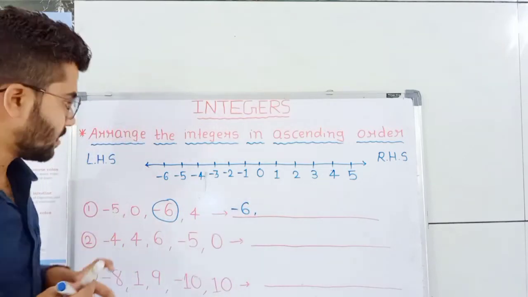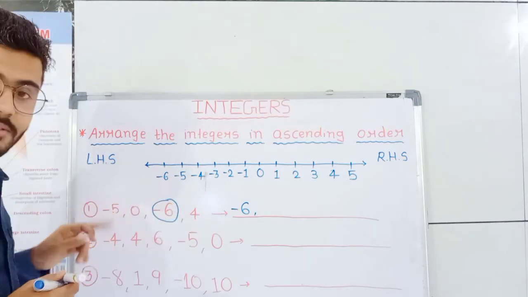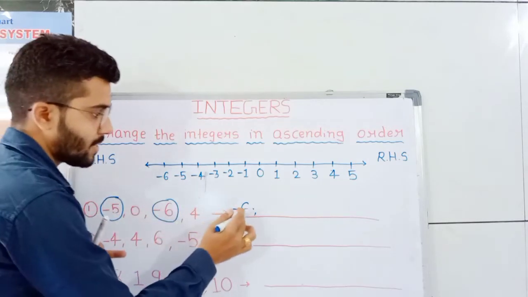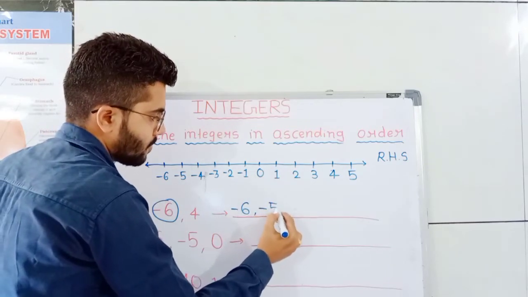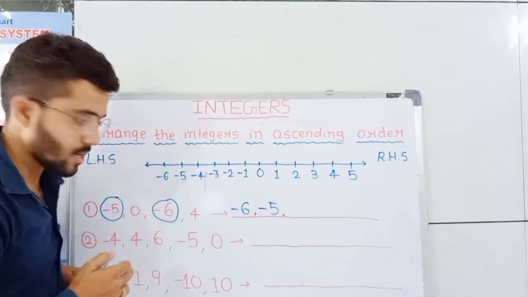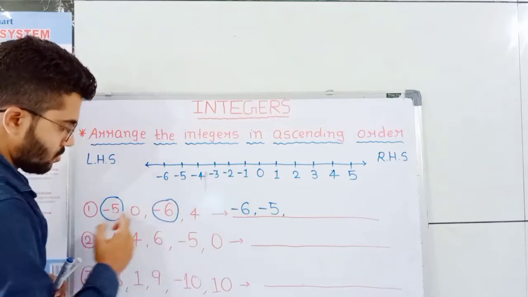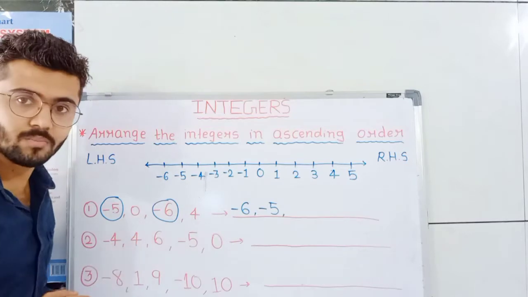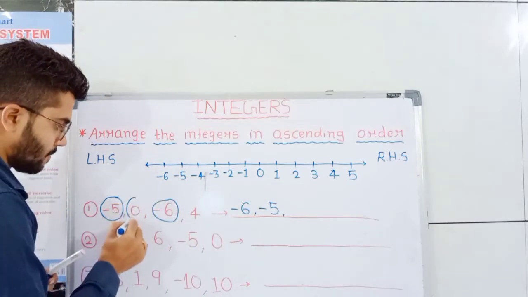-6 के बाद कौन सा नंबर आता है? -5. सो -5 है यहाँ पे फर्स्ट में. यस, -6 के बाद -5 मीन्स -6 सबसे छोटा, उससे बड़ा -5. नेक्स्ट नंबर -4 हमको क्वेश्चन में नहीं दिया है, ओके. -3 ओके नहीं दिया है. -2 भी नहीं दिया है. -1 भी नहीं दिया है. 0, yes, 0 is given here.